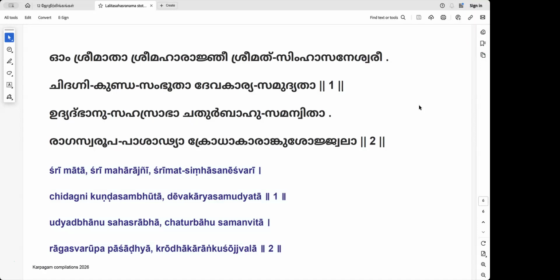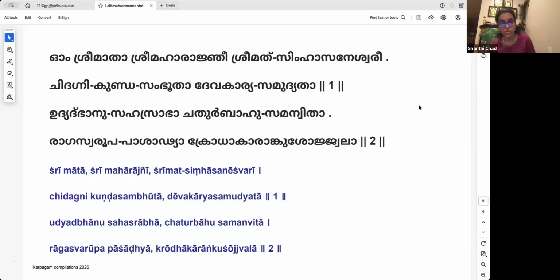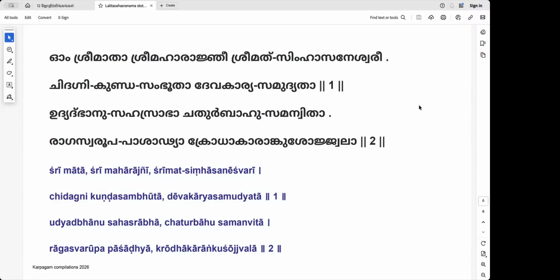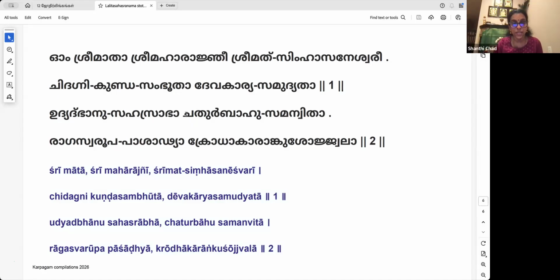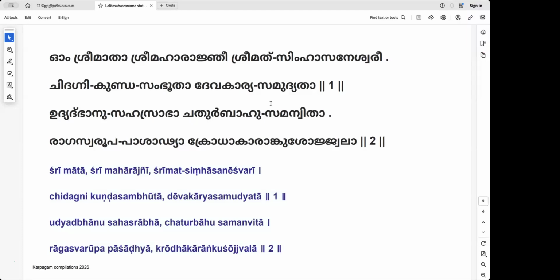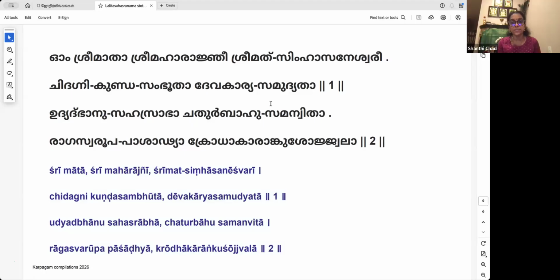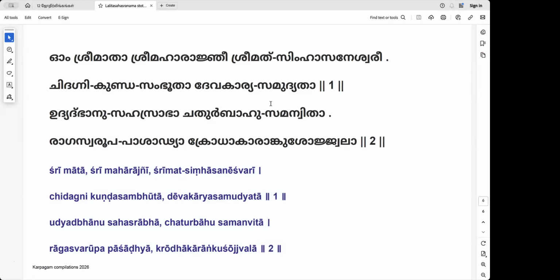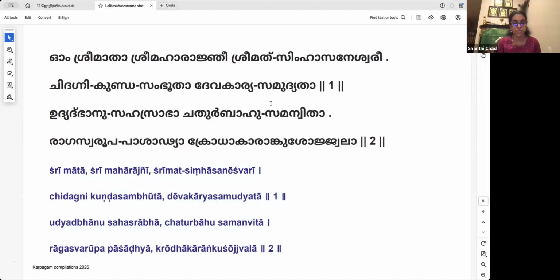Chaturbahu Samanvita. Bahu is like Baham, right? This is what I was saying earlier. When it is Chaturbahu Samanvita, they are not two separate words. They are together, so you have to say Chaturbahu Samanvita. When you're practicing it's okay, but you should not stretch it; you have to contain it. Bahu, you have to be careful, okay?